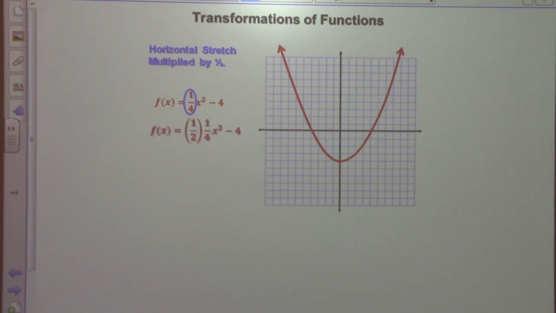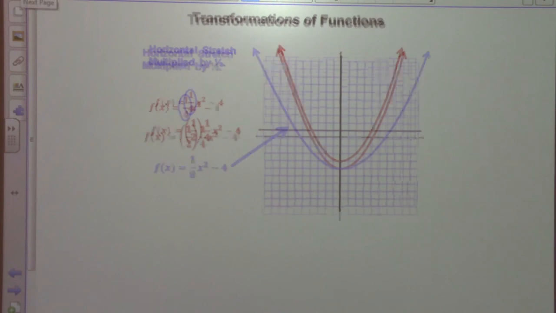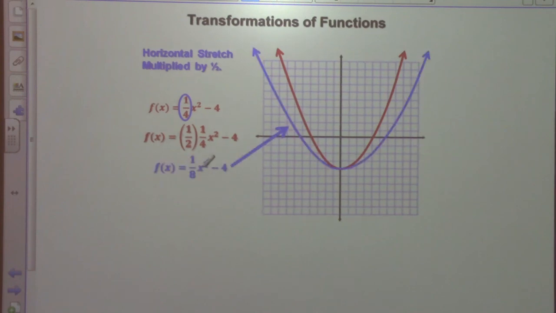So if we take, for instance, this 1/4 and multiply 1/4 by 1/2, what would we get? We would get 1/8. And so f of x equals 1/8 x squared minus 4